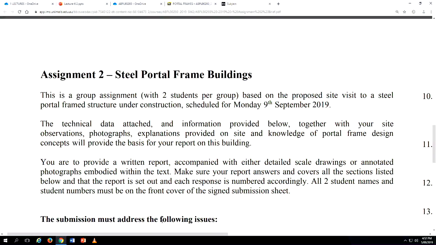Okay, so what you're going to do is a report. It's not like a year 12 assignment. It's a professional report, so it should be well presented. And when you're presenting your report, it's better to have it bound with a ring binder than just staple it. Because presentation goes a long way when the teachers are doing the marking. So what you have to do is to make sure that your answers cover everything that is asked in the